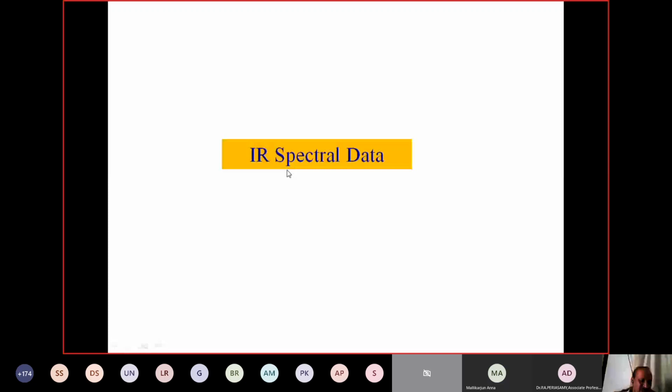Sir, we are not able to see the screen share. Yeah, sir. Okay, 1 minute. Maybe the net problem is there. Just a few seconds, not minutes. Has the slide changed? No, sir. Maybe the problem is with my laptop. Still it's loading, we'll see. Tell me when it changes.